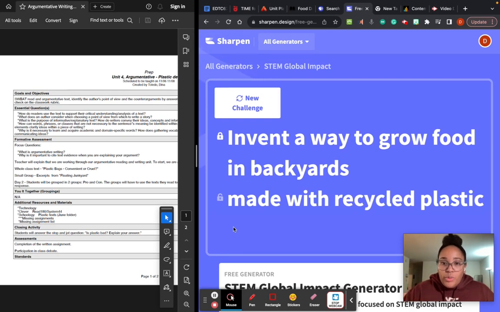Because our students now are the future. These are the people, they start off as students and they grow up into people who are making these big decisions, who are coming up with the designs to create. They're going to be curing cancer, and they're going to be solving problems like world hunger. They're going to be doing all of these things. And if we start them thinking about how